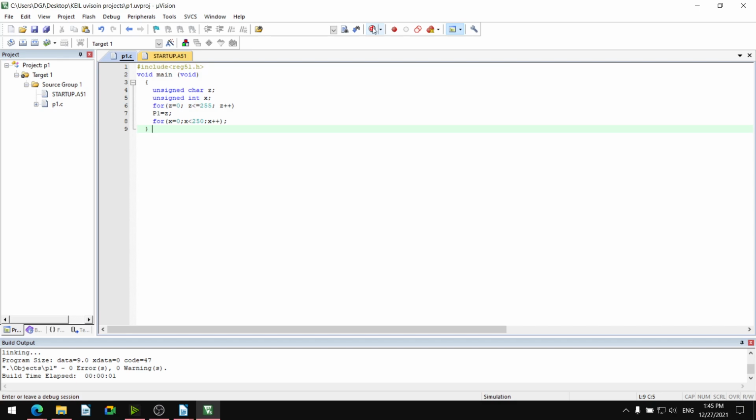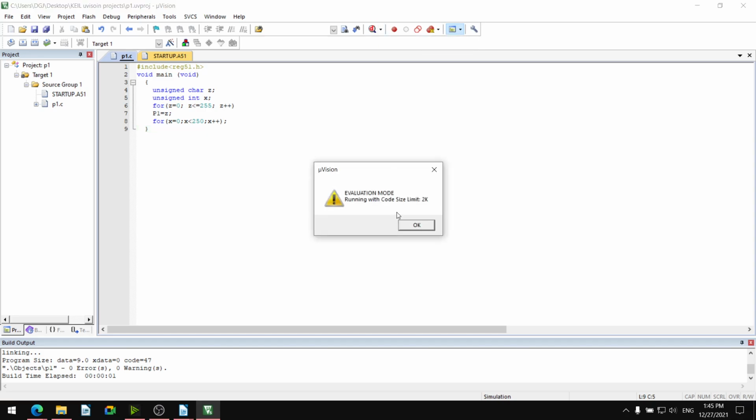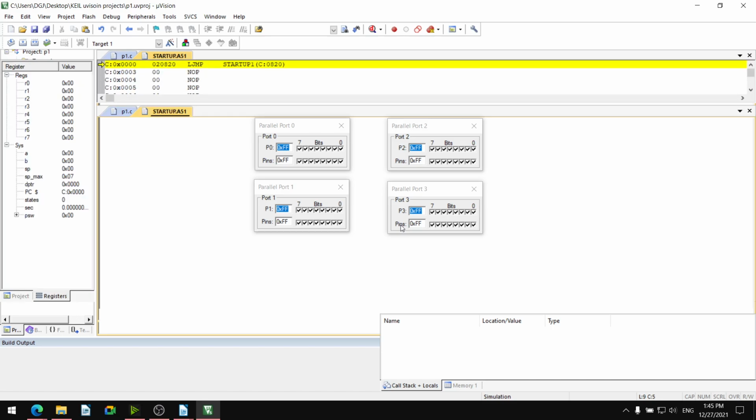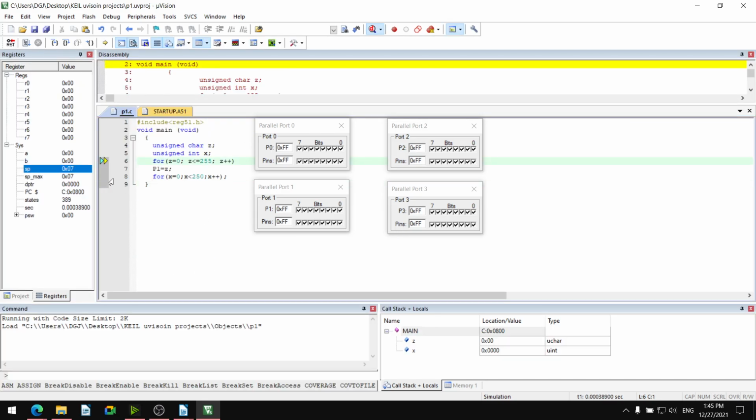Then there is start debug session. Debug session is started. Run the program and you can observe still it is very fast.